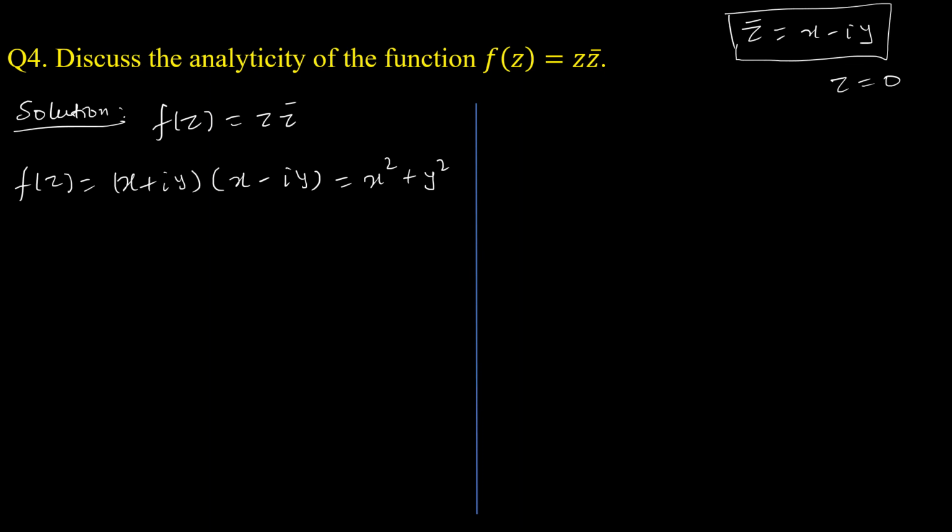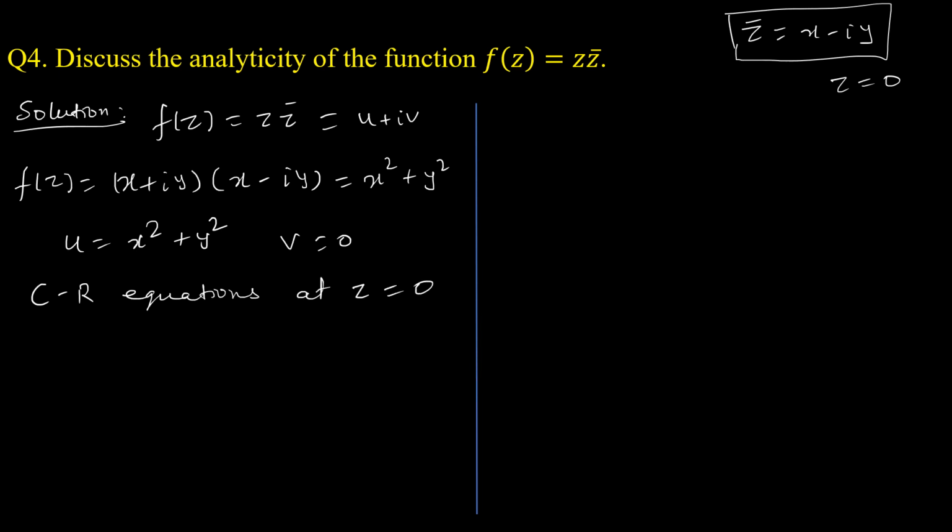So f(z) is u plus iv, so only u is there. u is x square plus y square, and v is 0. To check the CR equations, we check them at z equals 0. z equals 0 means x equals 0 and y equals 0. That we must remember. So to check this at the origin,